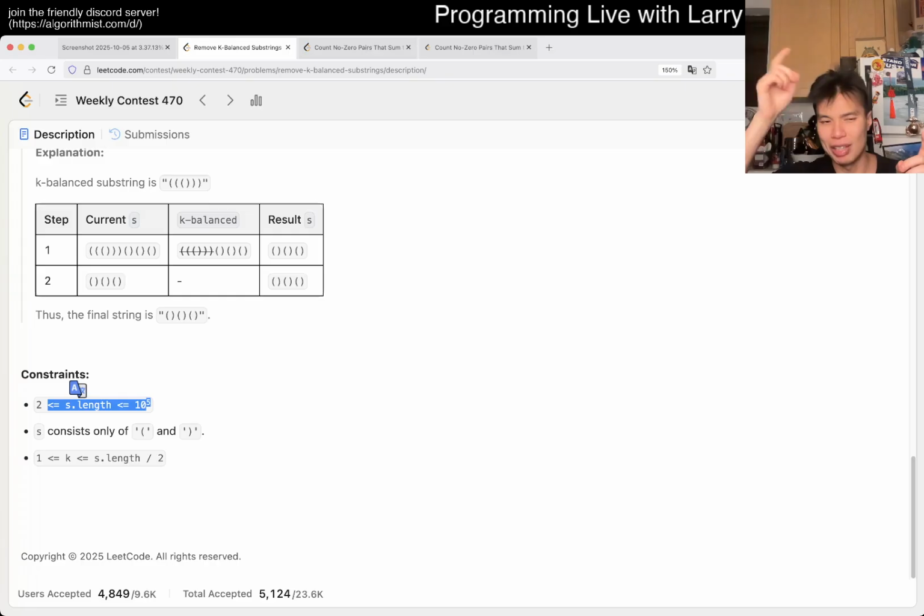Or if it's all left parens, depending on how you write it, or if you have only right parens, then you always keep on checking the previous ones. So the idea then